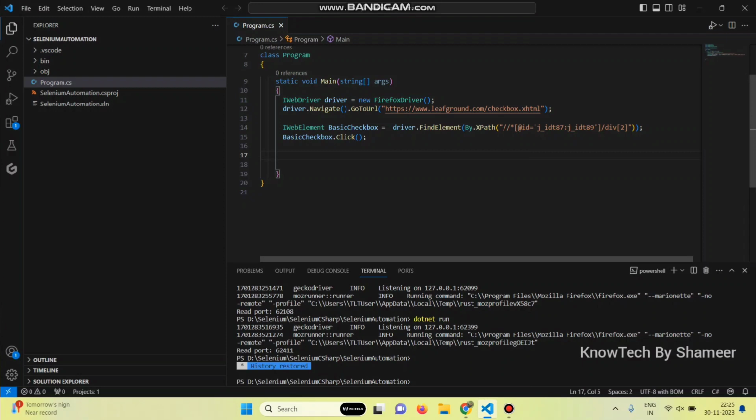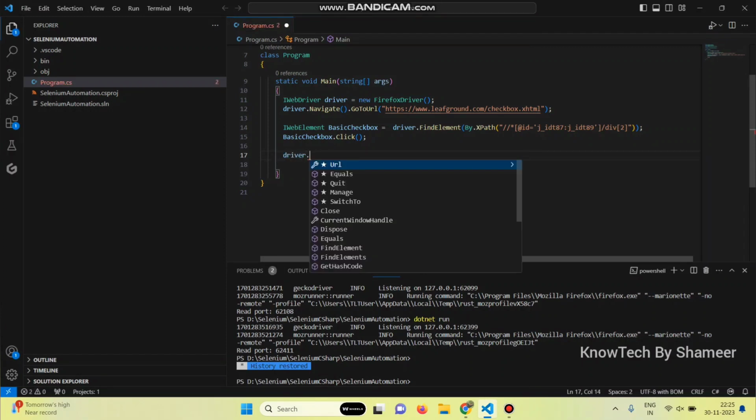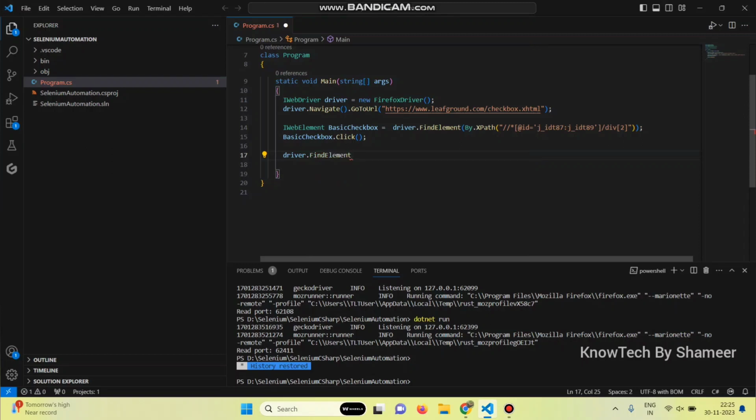And go back to your Visual Studio Code and here write driver.FindElement(By.XPath( and open bracket inside double quotes, paste the XPath value which we copied. Then replace these double quotes with a single quote. And then here put a semicolon